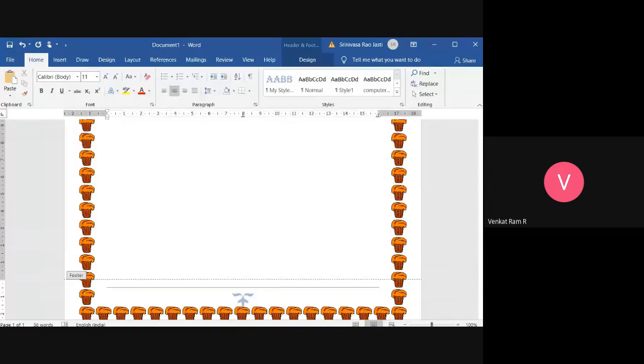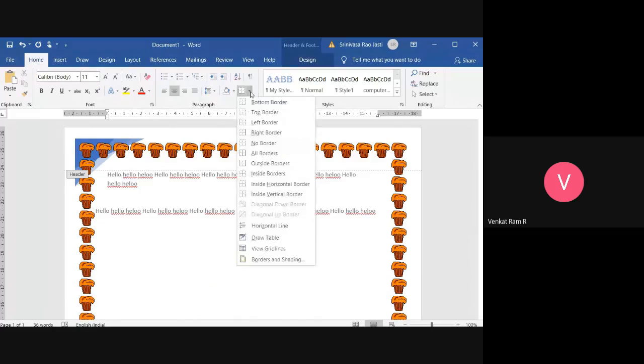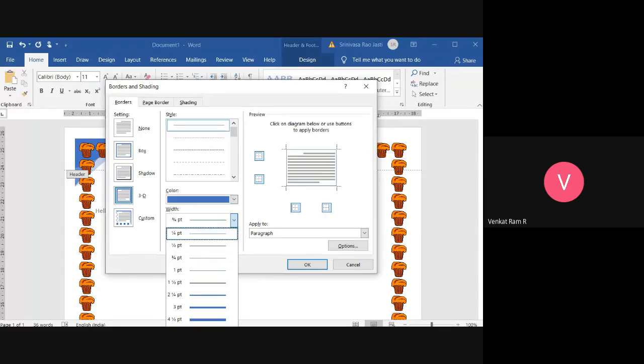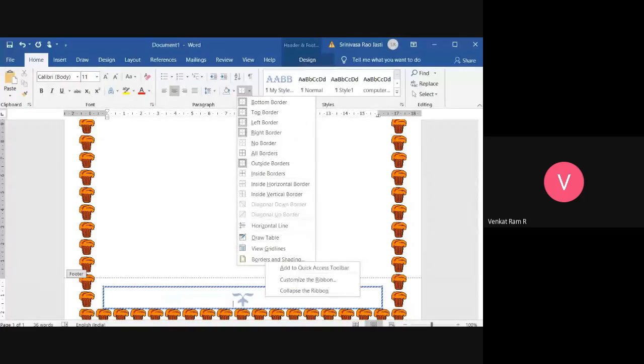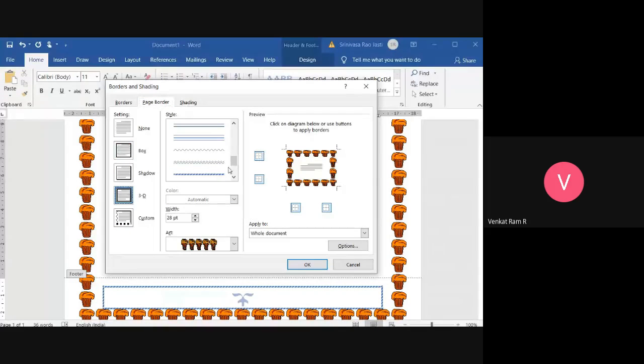Okay. And if you want 3D effects, whatever are present here, then only you will get them, else you can't get this 3D thing. Why I got for this only? Why I got for this? Because I didn't select a page border, so I got it exclusively for footer. If I go to page border and then I select 3D, then I will get it.